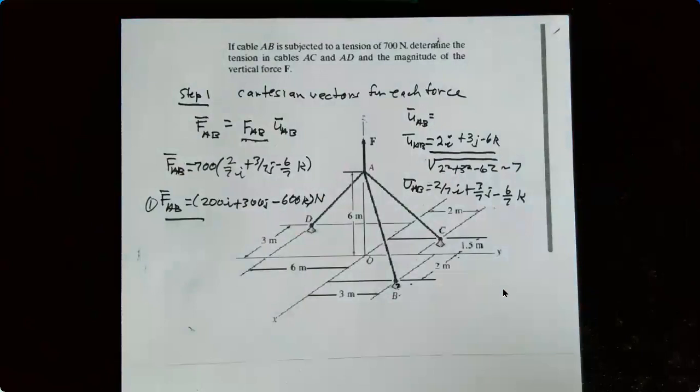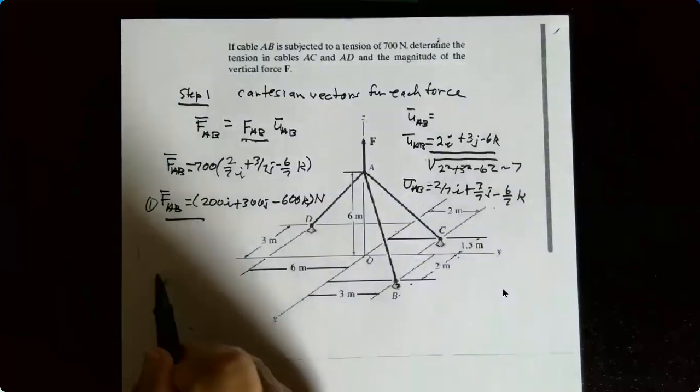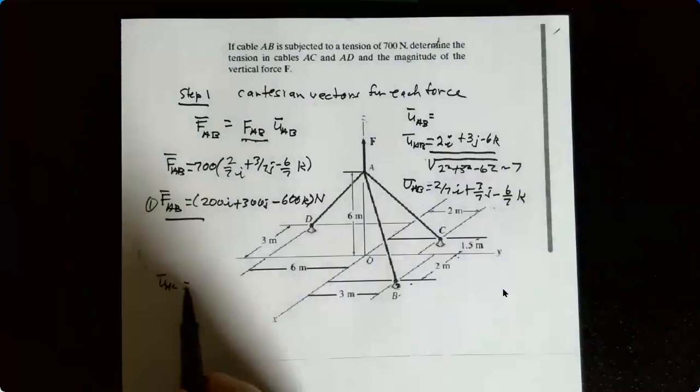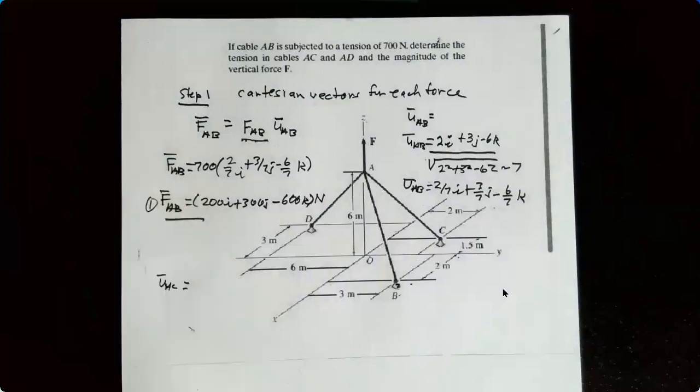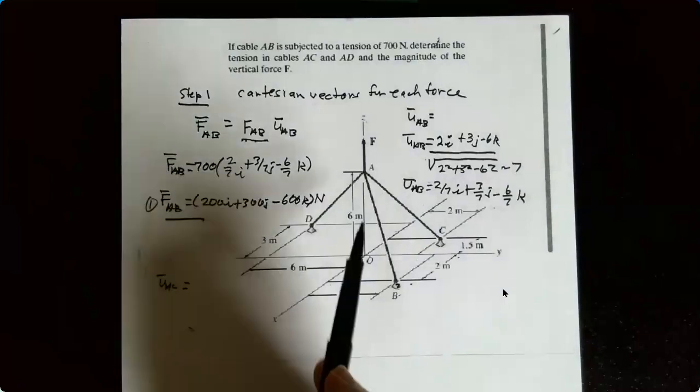I can do the same thing for AC. We don't know what AC is. Okay, so let me do AC. So the unit vector for AC, again, we're looking at the XYZ components as we go through that. So A to C,